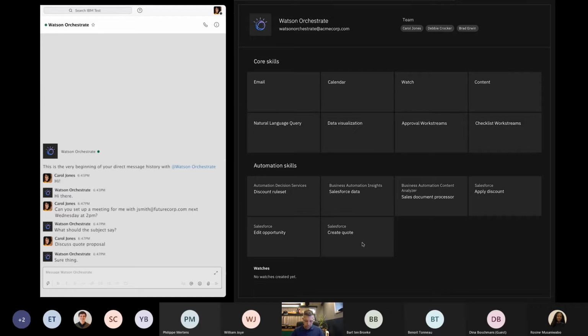In this demo, Watson Orchestrate has been set up with sales-focused skills. But keep in mind, if you're looking to accelerate a part of your organization other than sales, Watson Orchestrate can be set up to work with other business systems like Workday and SAP by swapping out the automation skills. Our business partner ecosystem has expertise in many domains, and we will leverage them to rapidly scale Watson Orchestrate's reach